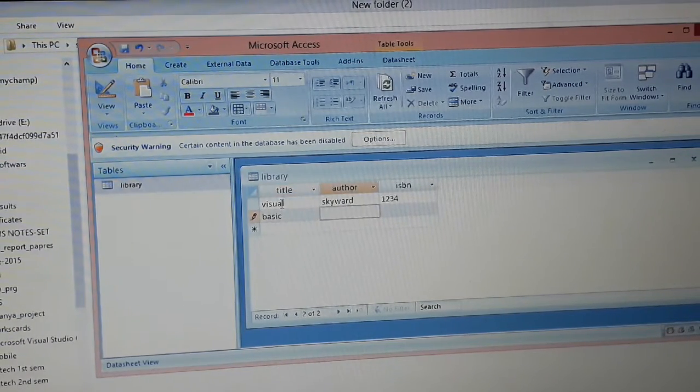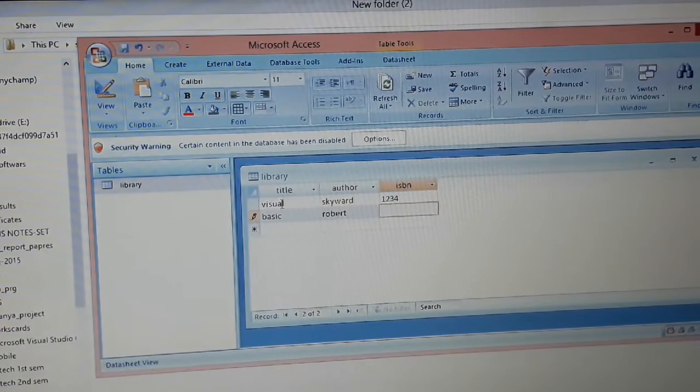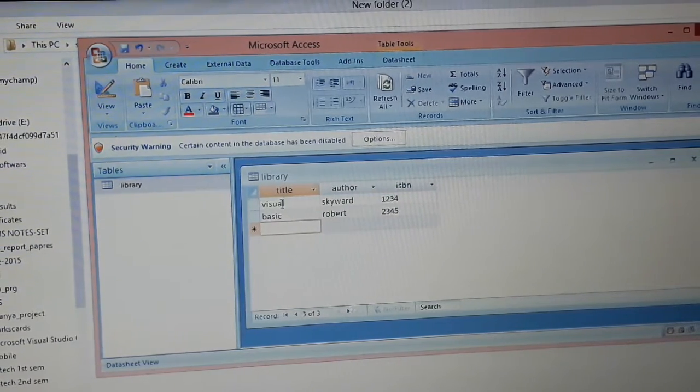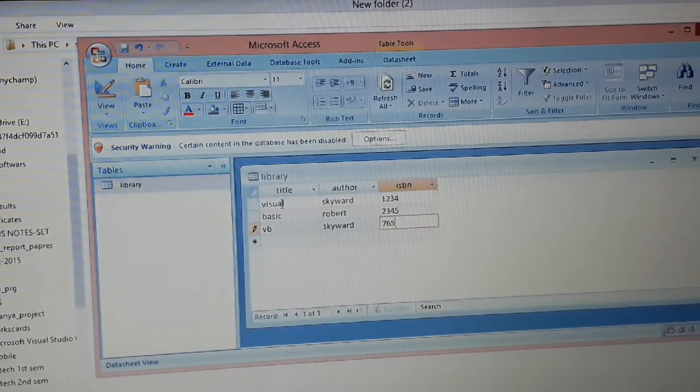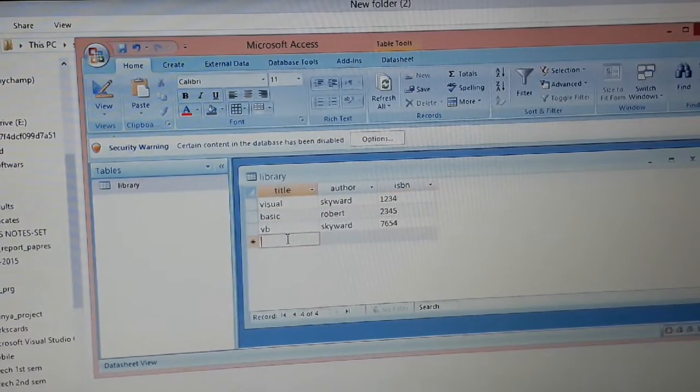Basic, author Robert. I'll give the same author again. Yes, so these are the three. Let me give another one.